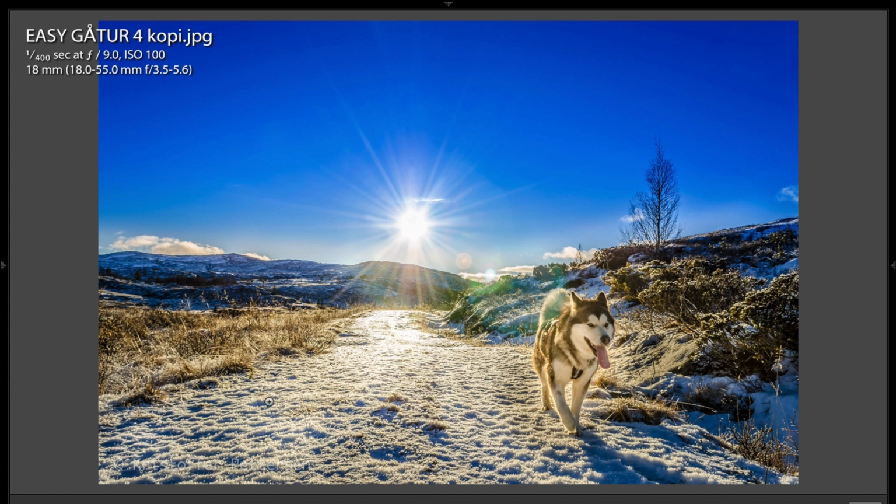It's a very nice shot. We have the leading line of this trail going right to the sun. We have this nice starburst effect on the sun, because he used a pretty small aperture, f/9. Usually around f/8 to f/13 you'll get a real nice starburst effect with the sun. Not all lenses, as I mentioned many times, will do it, but obviously this lens is doing it, so